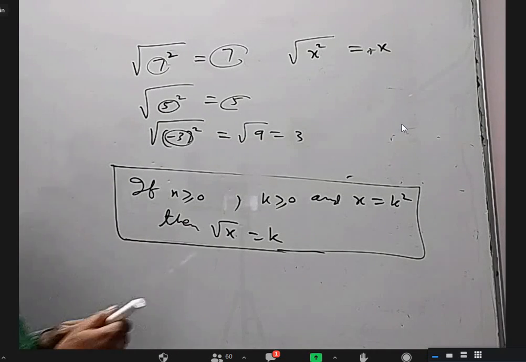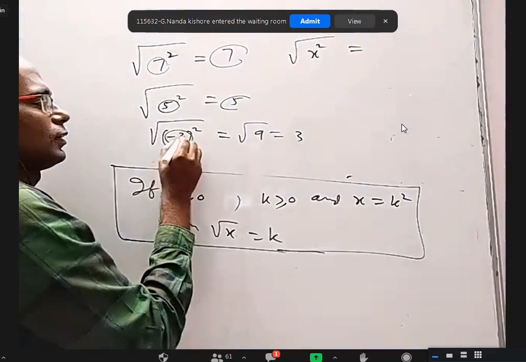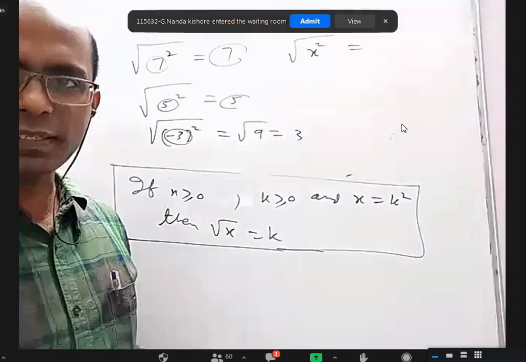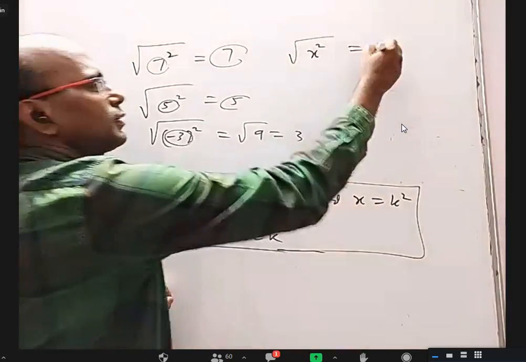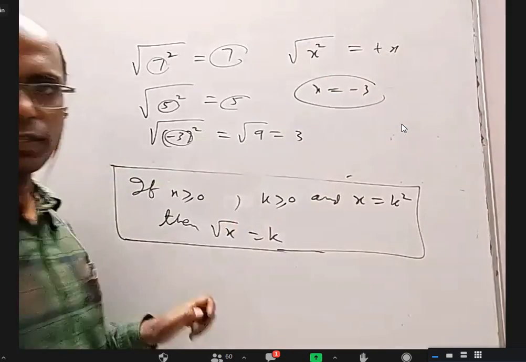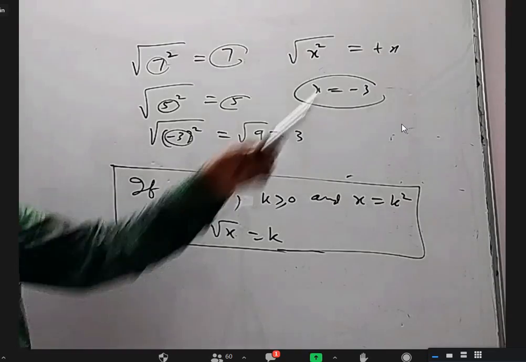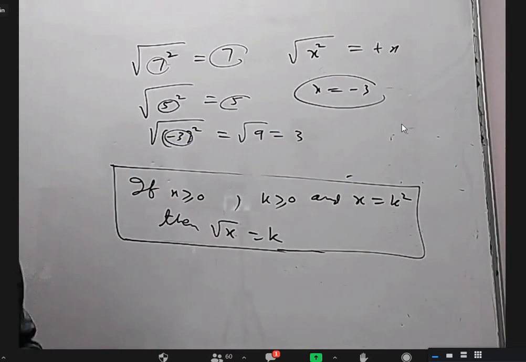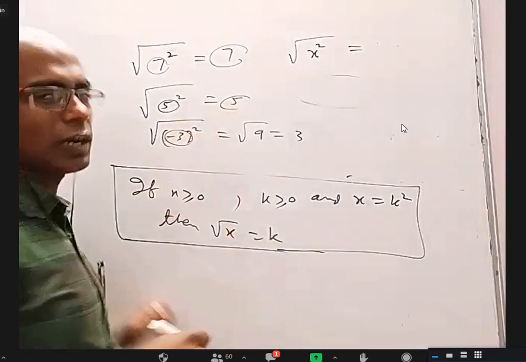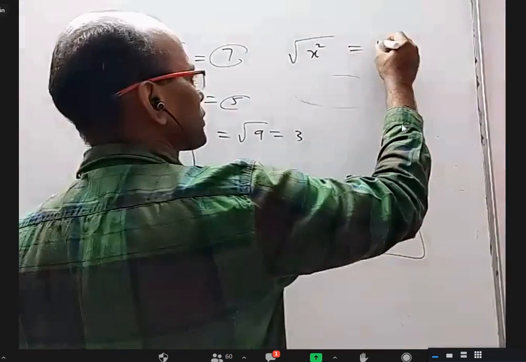Root x square is not plus x. You are thinking your x is negative here. There is nothing called plus x. You understand? Okay, you write plus x and now take x equal to minus 3, put it in LHS and RHS. Are they coming equal? No, right? Because that is minus 3 and this is root 9. So your intention is you want to make it positive, but by writing plus x you did not make it positive. You should write mod x.